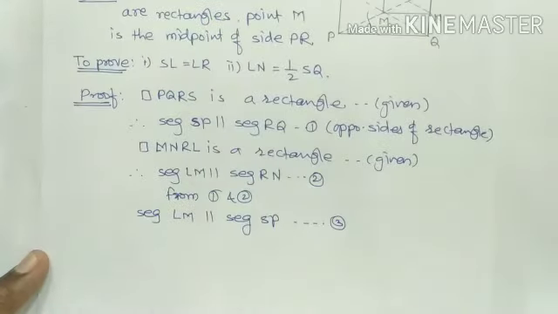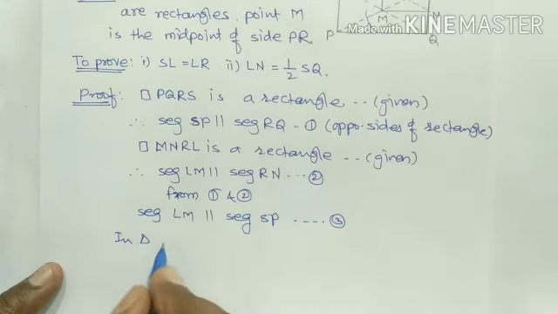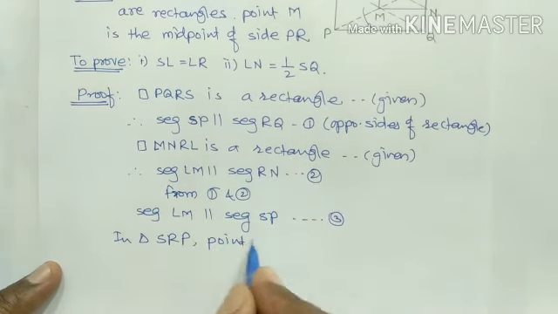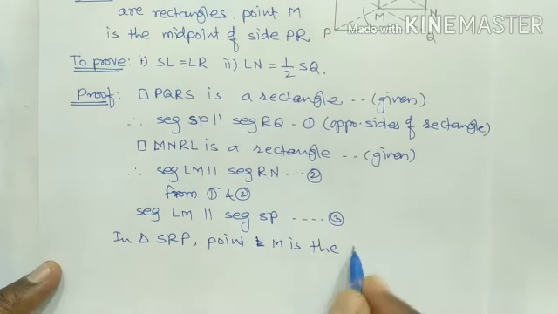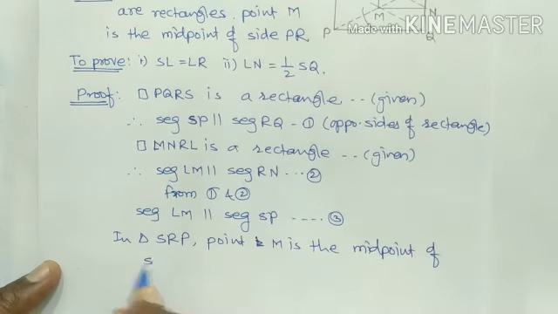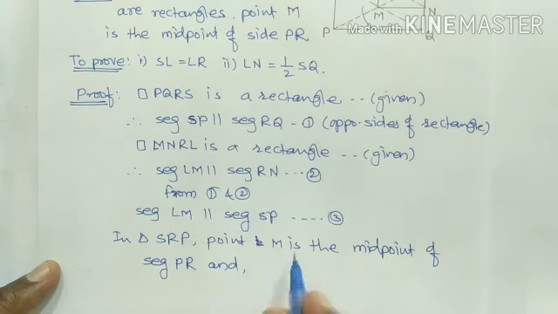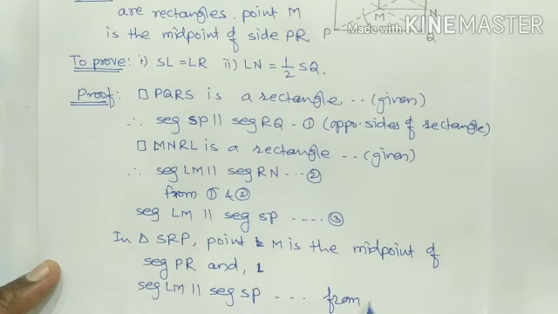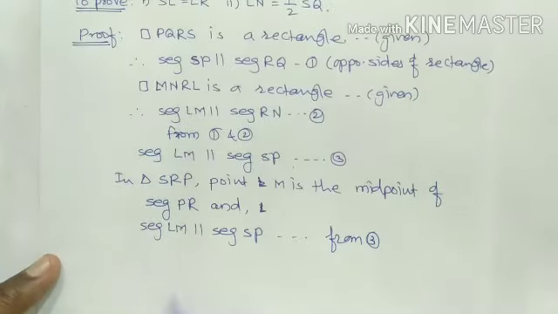Now, in triangle SRP, see in figure, point M is the midpoint of seg PR, and this seg LM parallel seg SP from 3, because we have proved this, and therefore